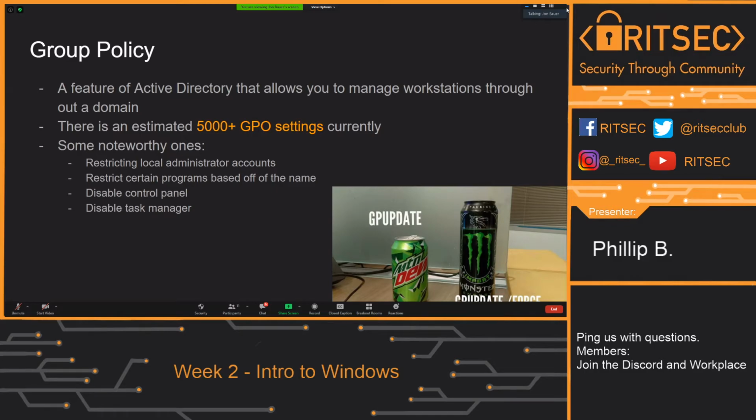And there's a little meme right there where you can push a group policy update from the domain controller, like the main Windows server, and then you can do /force, and it just forces it to do it right now, which is kind of the joke, because you just /force it and then it goes right away.